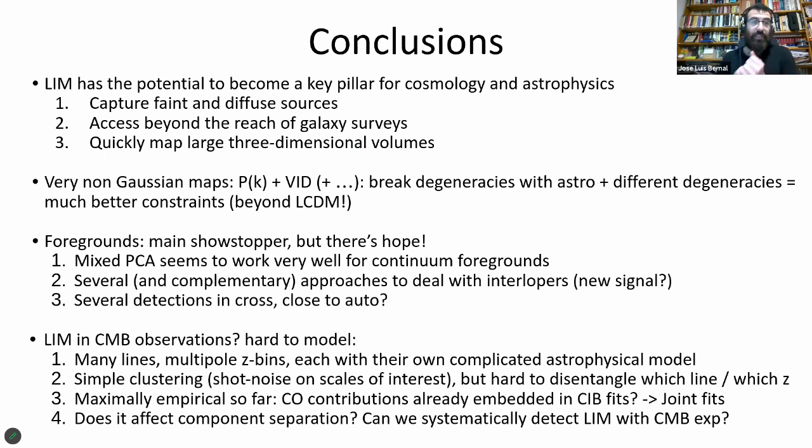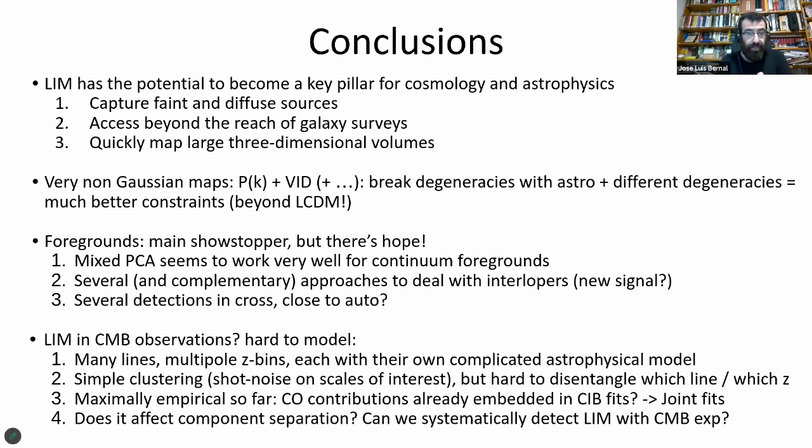I hope that I have convinced you that even if we are in a very infant stage of line intensity mapping, and that there are many challenges ahead, line intensity mapping has the potential to become a key pillar for cosmology and astrophysics, especially to constrain physics beyond lambda cold dark matter, because it will be able to capture the faint and diffuse sources and therefore probe the faint end of the luminosity function, which is usually related with the light end of the halo mass function. And this way, we will also be able to reach regimes that are beyond the access of galaxy surveys, because we will be able to access higher redshifts or smaller masses, or galaxies that are not probed by the galaxy surveys because they're too faint,